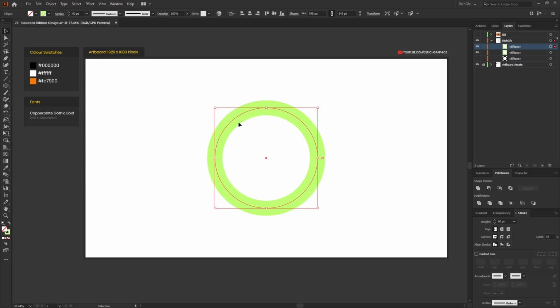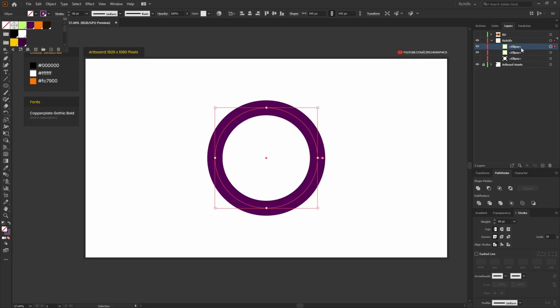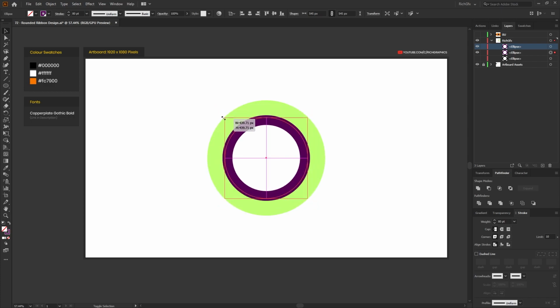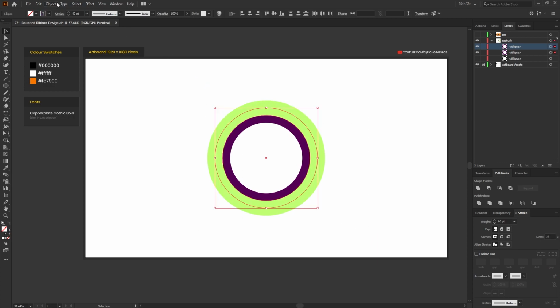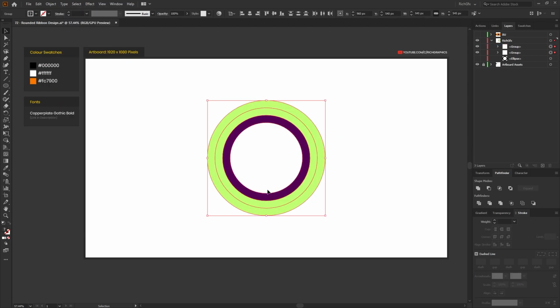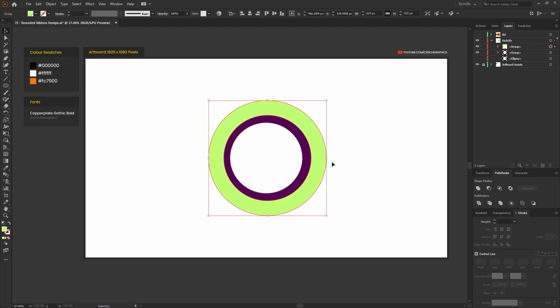While the duplicated copy of the ellipse is still selected, change the stroke colour again to something a little bit different, and then we just want to drag the duplicated ellipse layer underneath the original. Next, holding the Shift and Alt key, we just want to resize the ellipse so the radius of the ellipse sits inside of the original ellipse, and then we can just select both ellipses and go to Object, Expand, make sure the fill and stroke options are ticked, and then press OK,